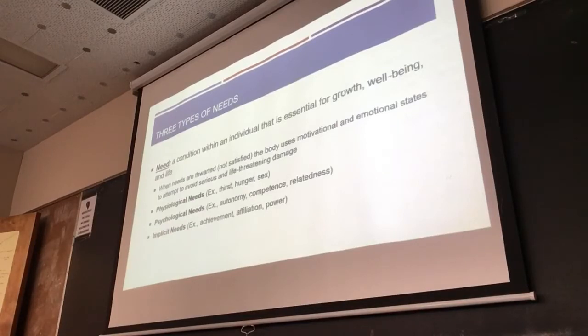So when needs are satisfied, everything is good. Individuals can grow biologically and psychologically. This person can develop multiple skills, can be more mature psychologically, and can gain a lot more psychological resources, such as self-efficacy and so forth. Also have a high level